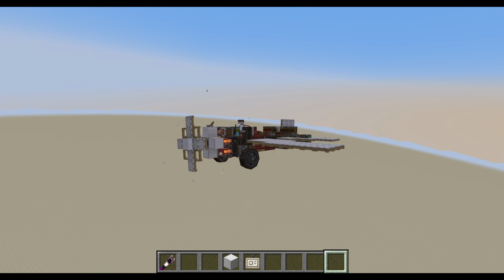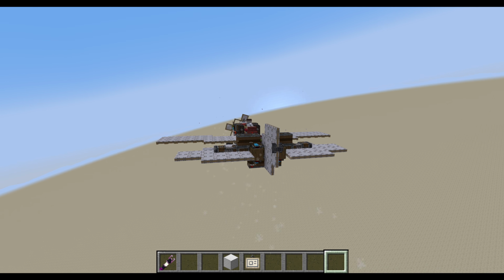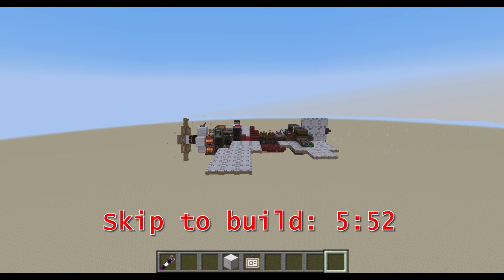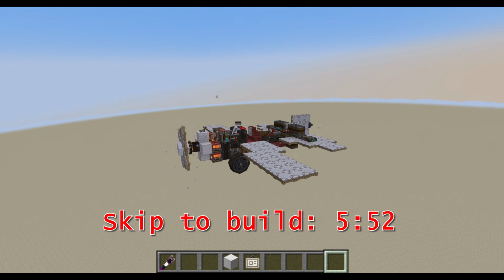Do you want to be able to fly and create aeronautics? Watch this tutorial and I'll teach you how to make this plane. I'll also be going into depth to teach you how to actually understand the mechanics of it so you can